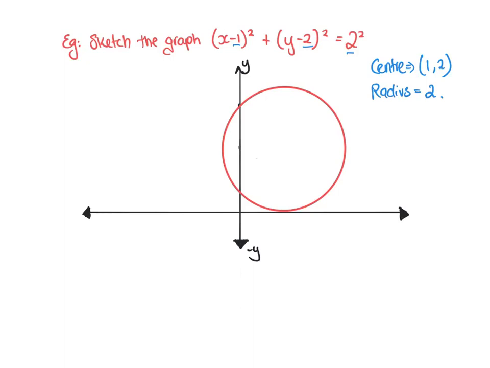So if we were going to sketch the graph of (x minus 1) squared plus (y minus 2) squared equals 2 squared. So we can see here the radius is 2, and this is the center, (1, 2). So essentially we've gone out to 1 and we've gone up to 2, and that's where we've seen this center. So the coordinates of the center are (1, 2). So if you look, anywhere going out from there is 2. So if we work, the radius